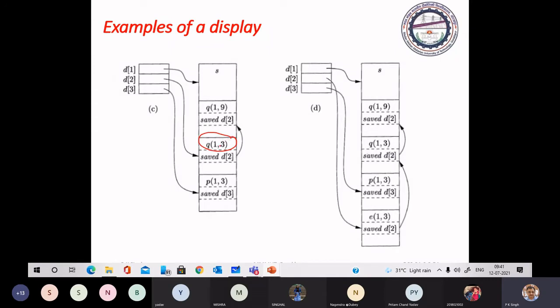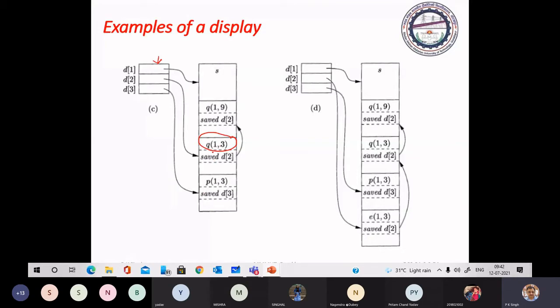Then from here we will call the partition function 1 3. In that case, the display has 3 entries. When you are processing this, these entries get removed. If you are executing quick sort 1 3, these entries get removed.